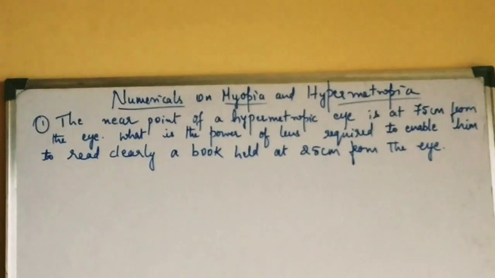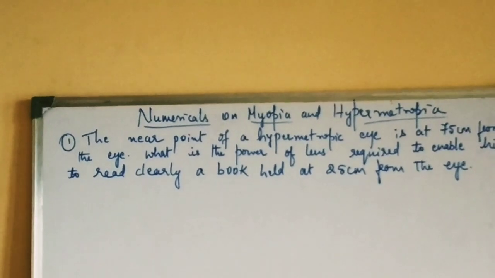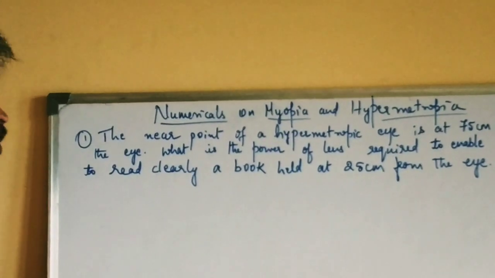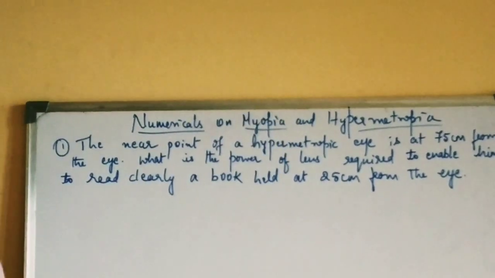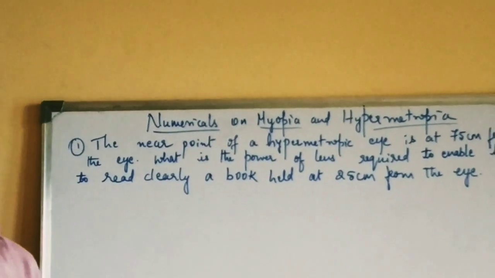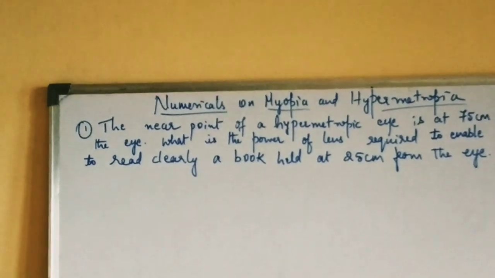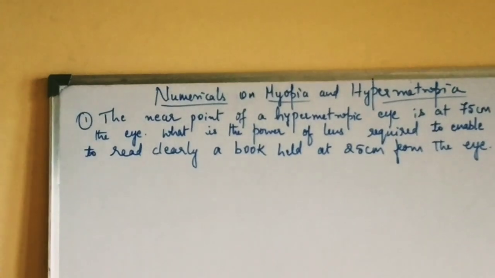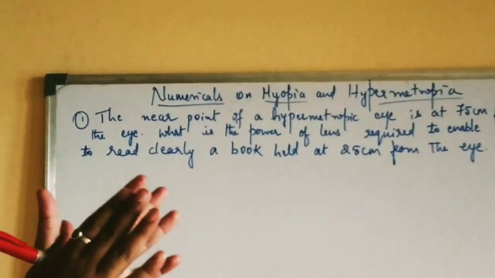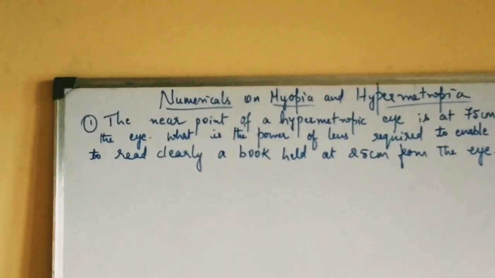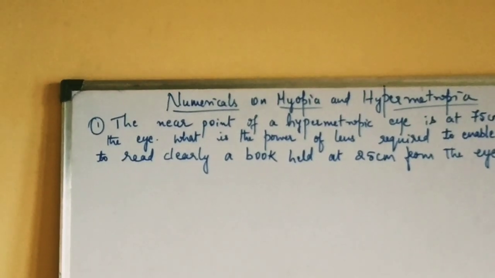Okay, students, in a few question papers as well as in a few textbooks, we have numericals on the defects of the eye, that is myopia and hypermetropia, where they have asked some simple problems. Earlier we have discussed the formula to find the focal length of the new convex lens in hypermetropia, and the focal length of the concave lens that was used in